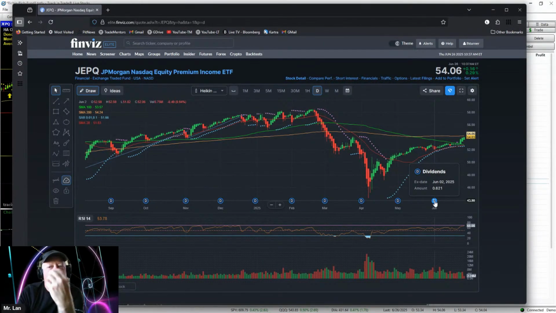And so the difference here between what Jay Pestrichelli is doing and what JP Morgan is doing is that JP Morgan is not doing anything with the $10,000 you give him other than just throw it into the QQQs. All right. They just throw it in the QQQs and they just give you the premium from the called option. Now, if we go back to what Jay Pestrichelli is doing, if we go over here to